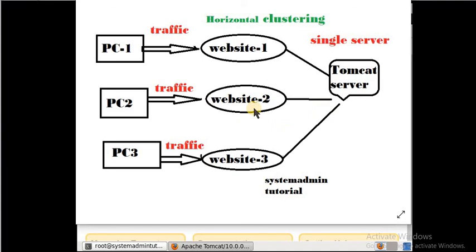Means if we are trying to access 3 different websites and all these websites are running on a single Tomcat server, then it will work without any issue. So we have to run them on other port numbers. If we are using the same website but we want to run it on a single server and the port number is the same, then we'll use a load balancer. We'll discuss that in the next topic.